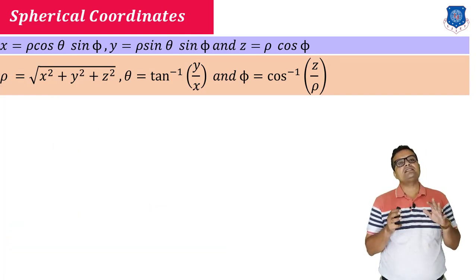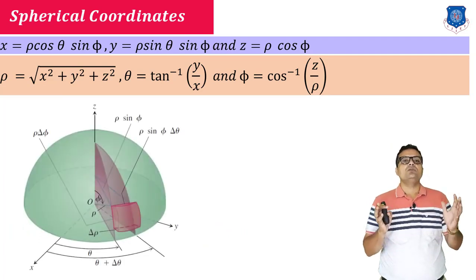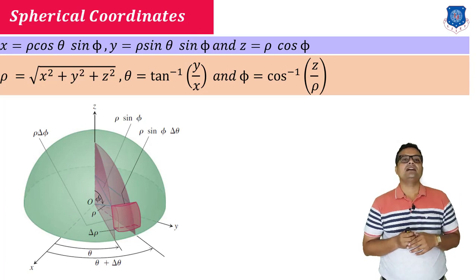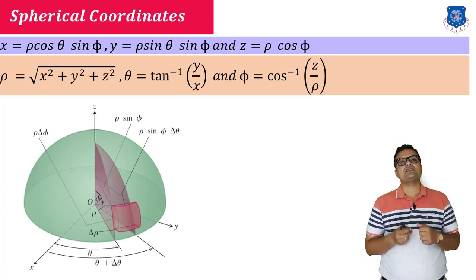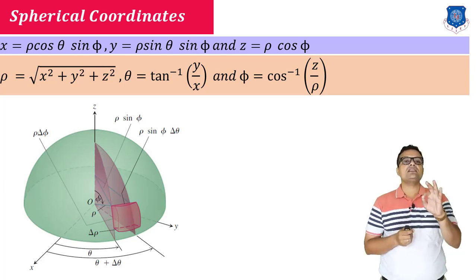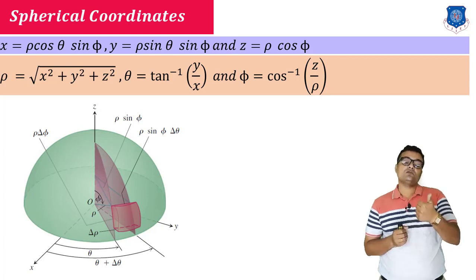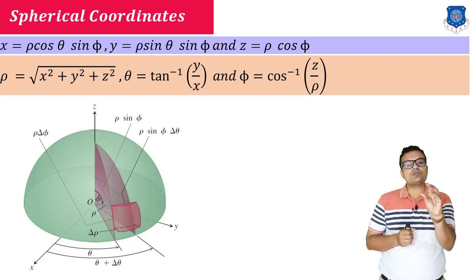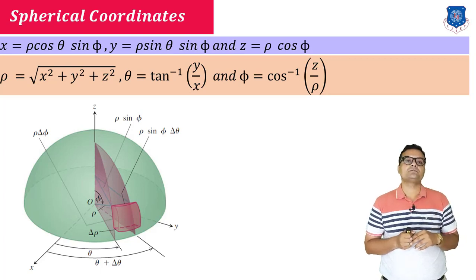Now to understand how it will help you to draw the value of r, theta and phi with small deviation in 3D, I am considering this graphic. In this picture you can see clearly that once I fix the point and change the value of r, theta and phi, it will generate a small portion on the sphere. As in the case of cylindrical coordinates, it was a portion of cylinder. Here it is a portion of sphere.